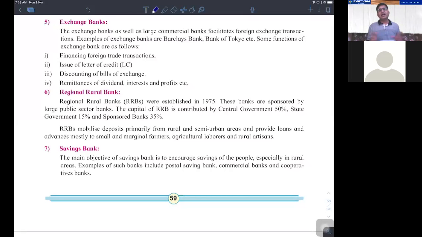Nowadays, the exchange can be done, the letters of credit can be taken from any and everywhere. Every commercial bank is performing all the functions which are being given here: financing the foreign transactions, issuing the letter of credit, discounting the bills of exchange, remittances of dividend, interest and profits, etc. These all functions are performed even by the commercial banks as well in the current scenario. All right. But there was and there is the existence of these kinds of banks also even in the current